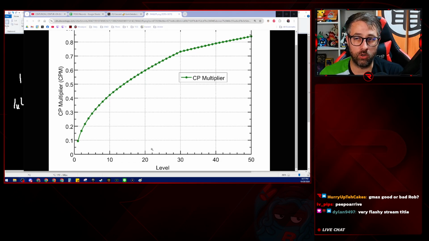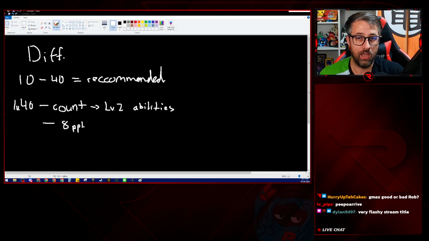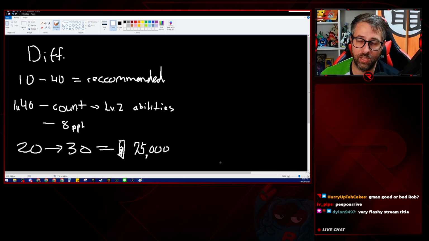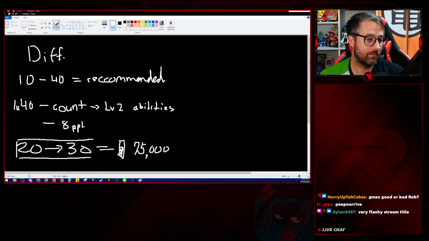I will tell you this: if you don't lucky trade, level 20 to level 30, the dust cost is about 75,000. I did it today. It'll cost you 75,000 for each Pokemon that you want to power up. It's more to go past 30, of course. But the bare minimum is that you do this, plus you evolve your Pokemon,